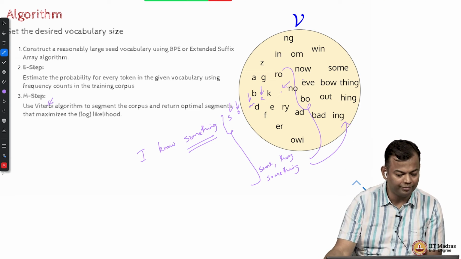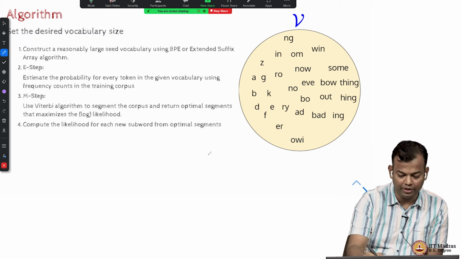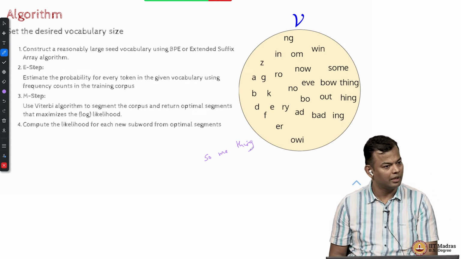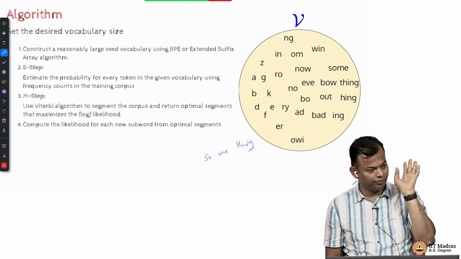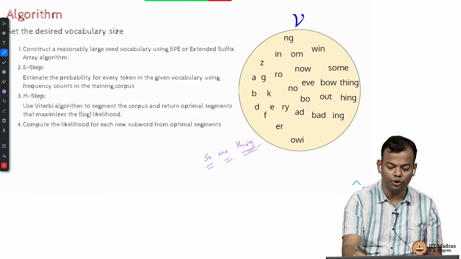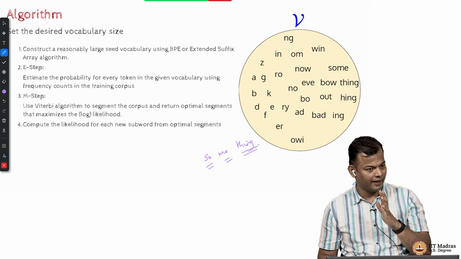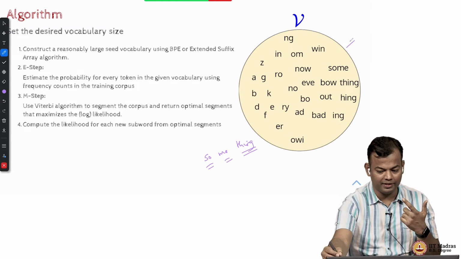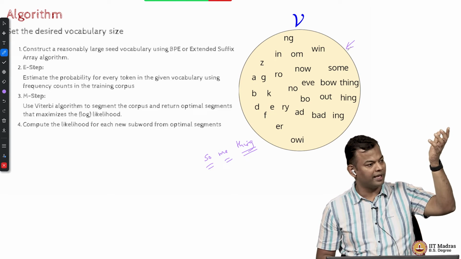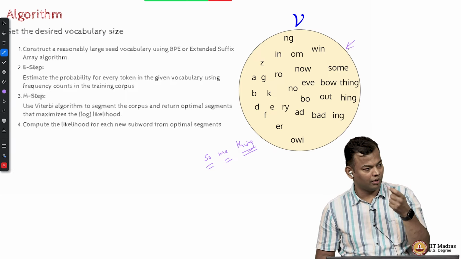Okay. Since I'm going to retain the best segmentation, suppose for something the best segmentation was this, and for every word in the corpus I have retained the best segmentation, resulting in some tokens. So now I look at all the unique tokens in the corpus again, which is going to be the same as this set, because this is the set using which I had tokenized it. But what has changed is that now some words have got tokenized differently, based on whatever was giving the maximum probability for that segmentation.